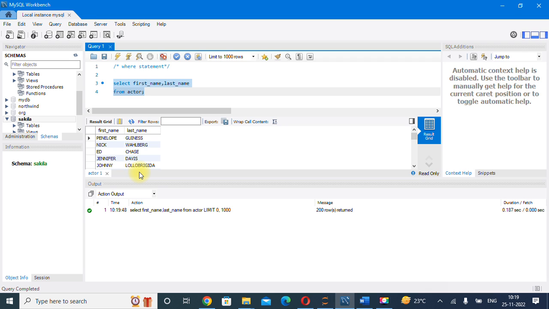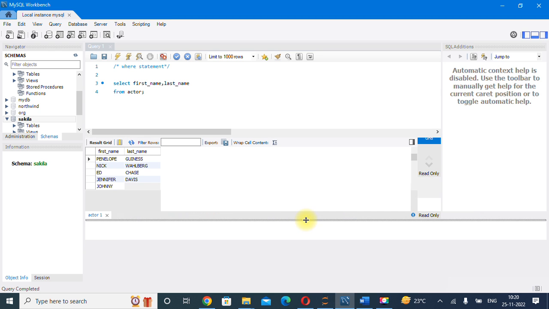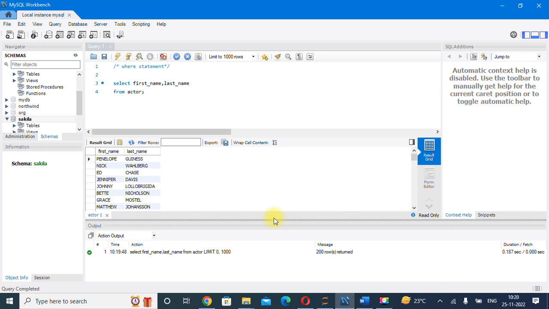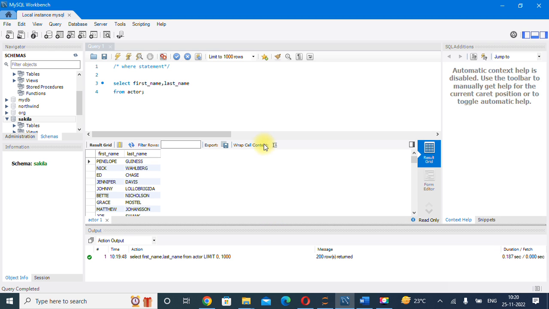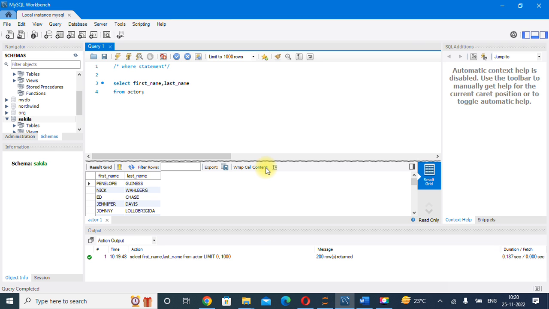Now let's suppose I want to apply a filter on these records. With the help of the where statement I can do that. So how we can do that, let's see. So let's adjust the screen first so that you can see the screen carefully. Okay, so here again I am adjusting the screen. Okay, now